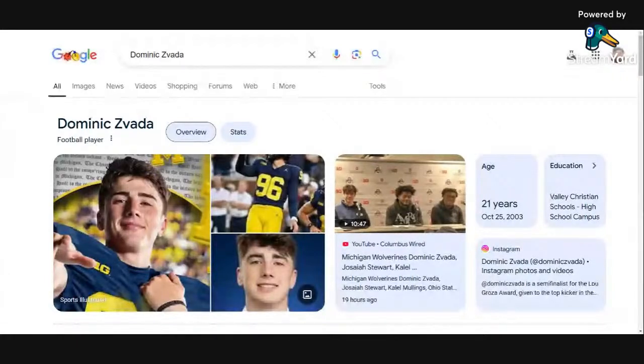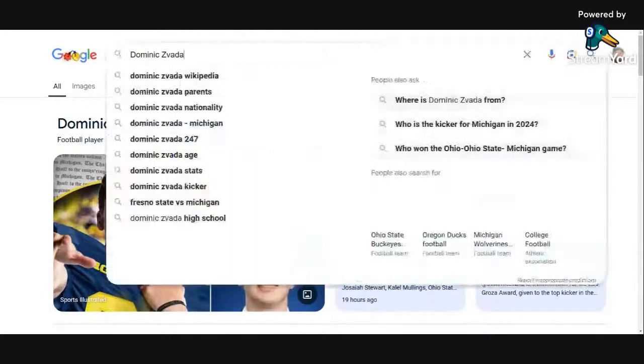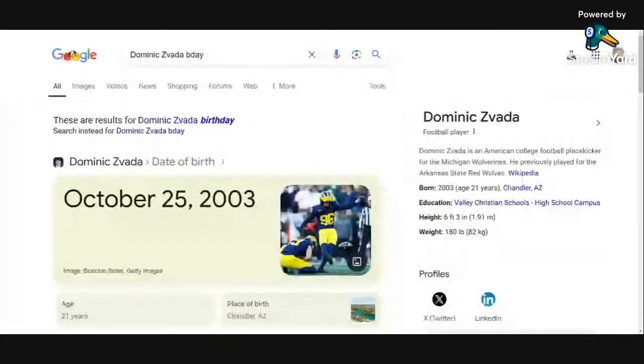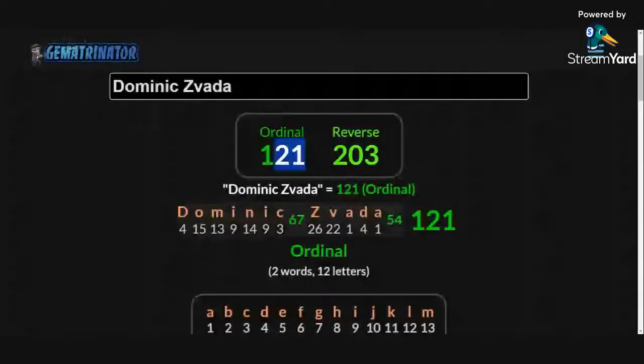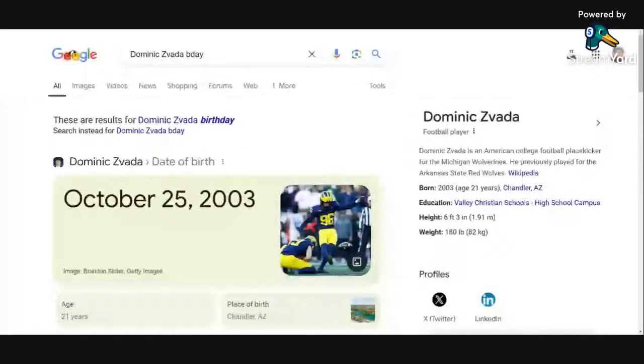But oh, look, we get a birthday, which is amazing. And he's born in 2003. So check this out. Remember, 13 plus 10, 23. Okay. And he's born in 2003, like 23. He's got the game-winning kick. Okay. And remember his name, 203 in reverse. Born in 2003, 13 plus 10 with the score is 23. So that's, I mean, come on, man. That's amazing. Okay. That's amazing.